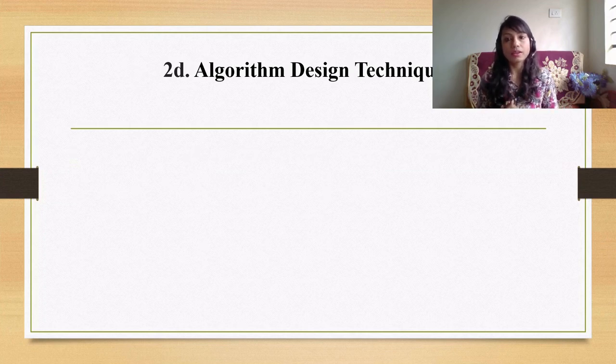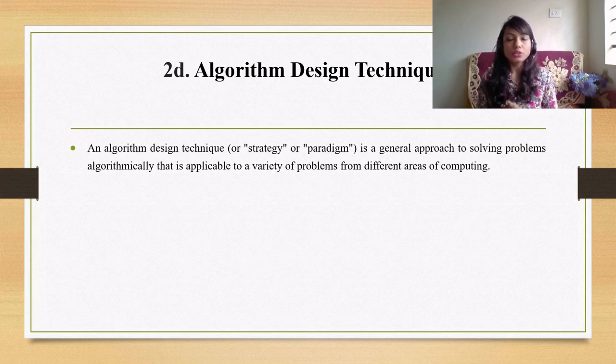And the last thing in step 2 is the algorithm design technique. Any idea what this algorithm design technique is? Technique in the sense of a strategy. Many strategies are there to solve a problem, so in algorithm design technique you have many strategies, and while solving a problem you can use one of them. Some of the strategies you'll be studying in the subject are brute force, divide and conquer, and decrease and conquer. I'll give only the example of divide and conquer. The rest we will see in the coming chapters.